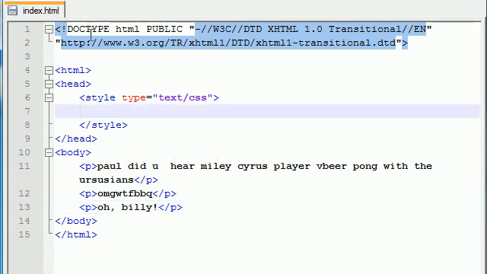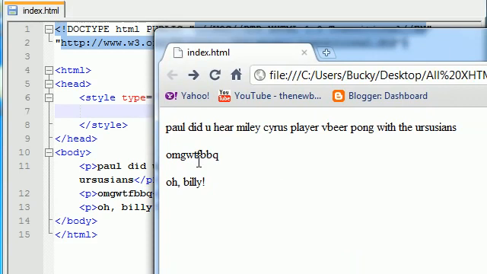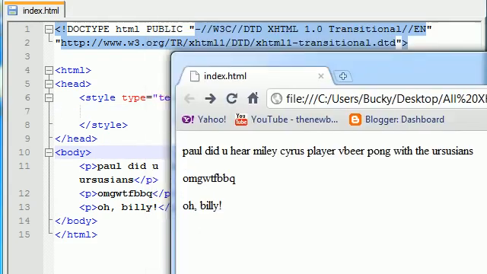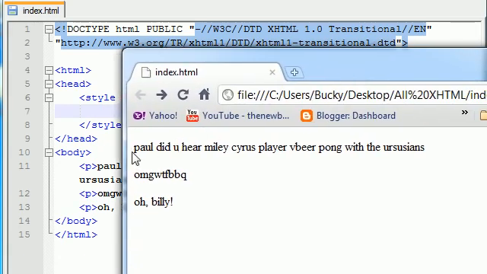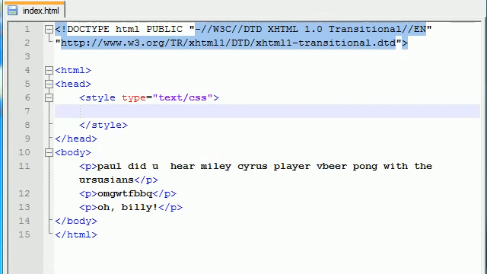Okay, so anyways, let's go ahead and save that and take a look at what we got so far. 3 paragraphs, basically pretty dumb. So anyways, what I want to teach you guys is about these pseudo elements and how to apply styles to them. First of all, a pseudo element would be the first letter of each of these paragraphs, and you don't get to pick these pseudo elements. They're actually built in, and the ones that are built in I know by heart are first letter, first line. For example, if you had a paragraph with like 5 lines, it would only apply the style to that first line. And there's also one called